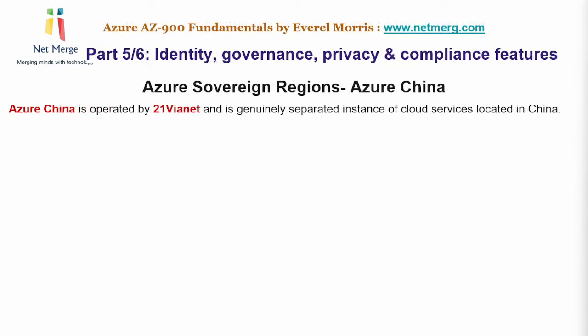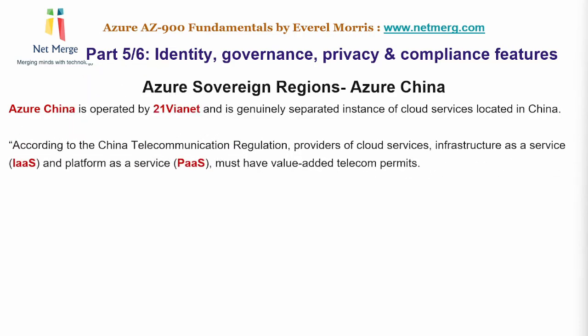Now let's take a look at China. Now there's a sovereign region for China as well. China is operated, again, we mentioned this before, by 21Vianet, and it is a genuinely separated instance of cloud services provided in China by 21Vianet. It is not provided by Microsoft. According to China Telecom regulation,